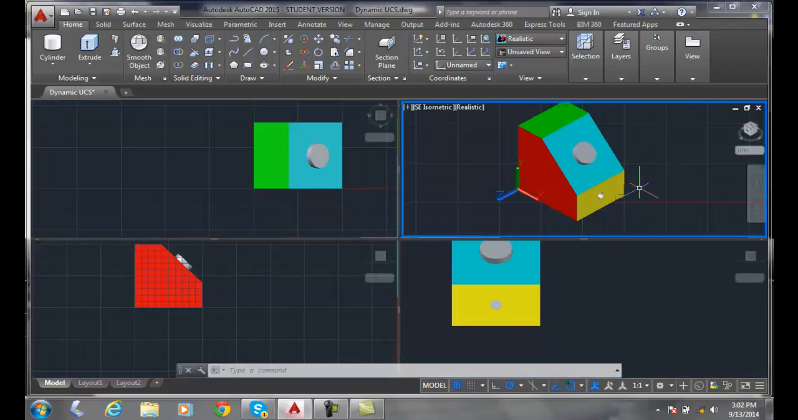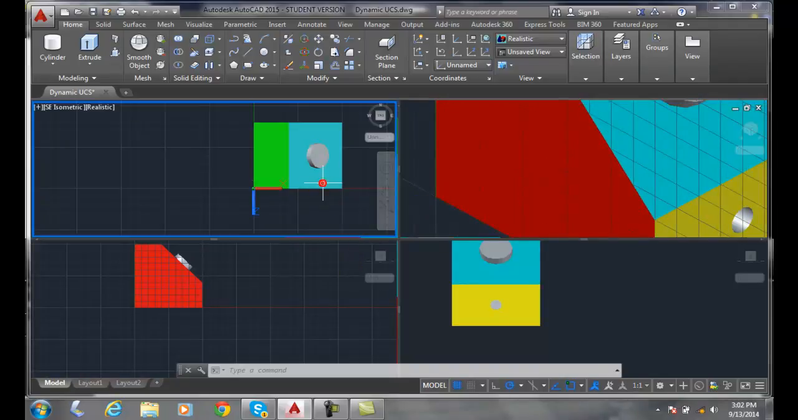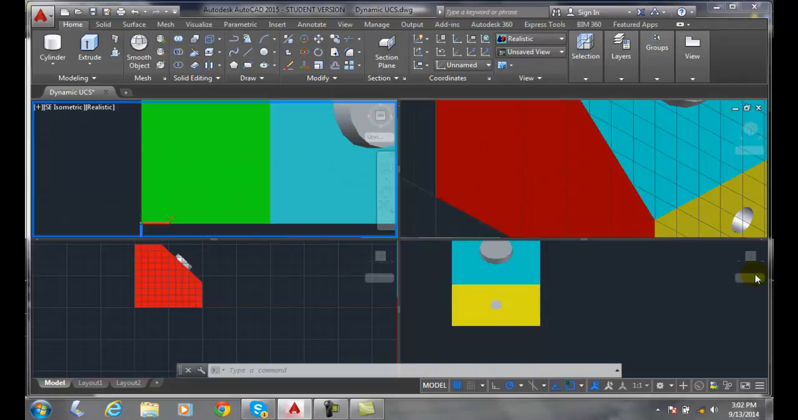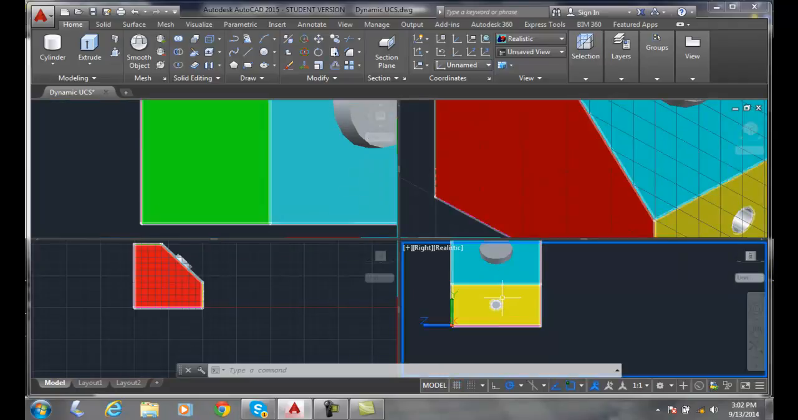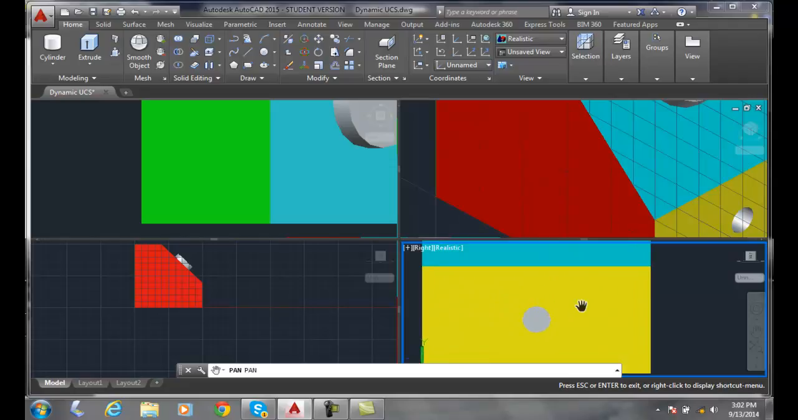So here I can work on this viewport. I can zoom in over here. This one I can zoom in over here. And this one I can zoom in over here. I can pan, put that in the middle of the screen. I can zoom right in on that surface, for example,